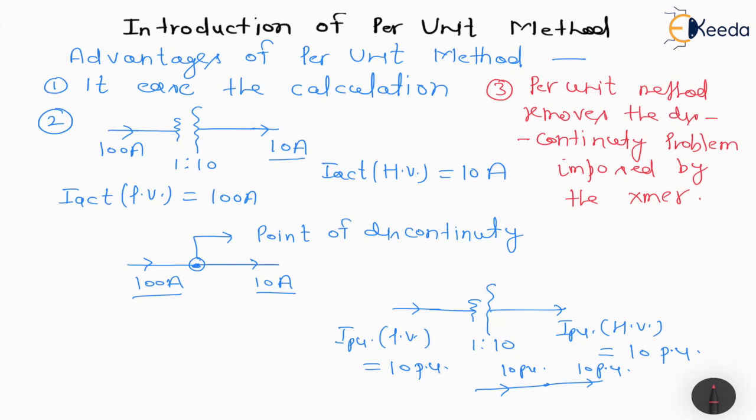In the latter part of per unit, first we will understand the selection of base values. We will discuss in detail the per unit values of the transformer later in this chapter, because first we need to understand how the base values are selected. So now we are going to understand the selection of base values. So here it is all about the introduction of the per unit method.